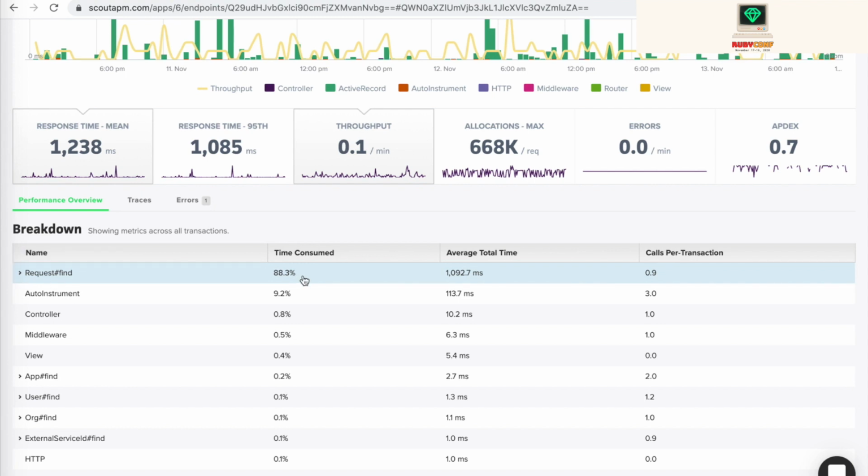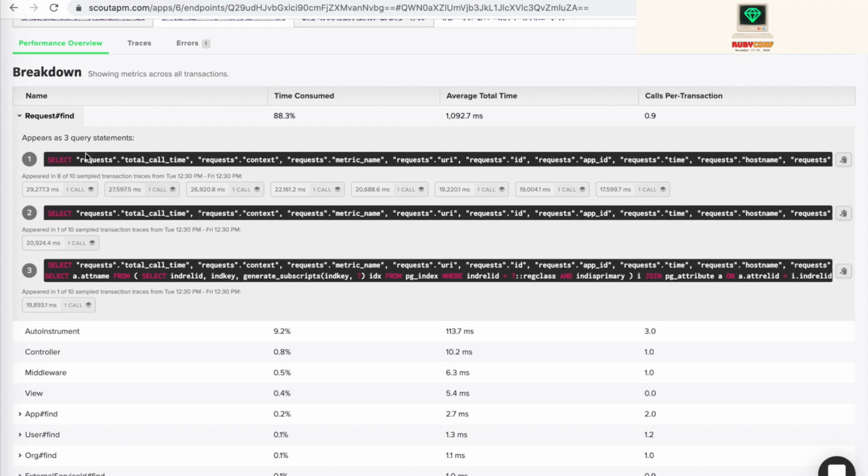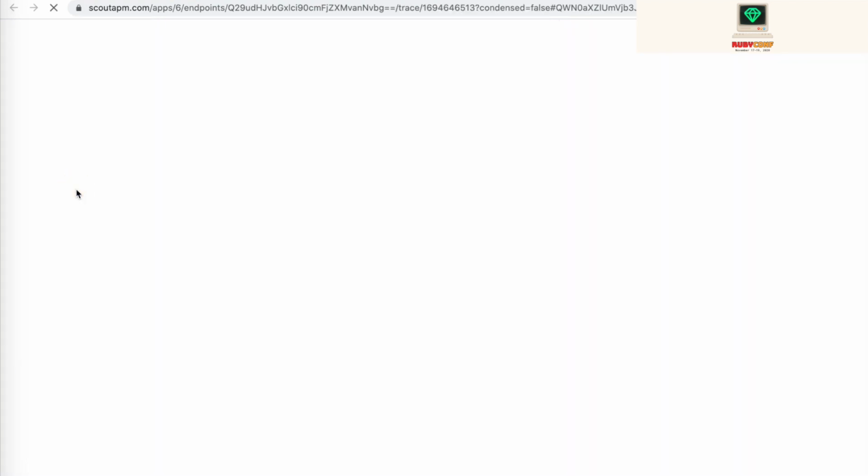You can see it was 88% of the time consumed, with an average response time in just this one layer of 1,000 milliseconds. And if you expand it, you get to see again the exact SQL. And if you look at these buttons down here, you can see the exact detailed trace request that was captured that includes this exact SQL query. Click into that.